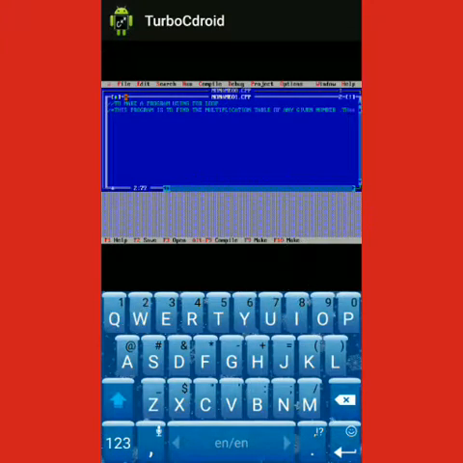This program includes the for loop, whose syntax is